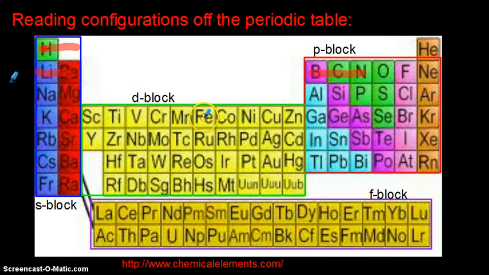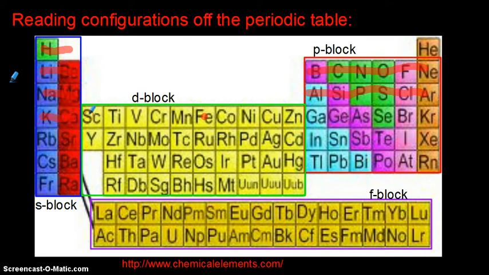Let's go to iron. So rather than having to put in those 26 electrons, I'm just going to clear off what I've already done. Okay, so going to iron now. Again, I start at hydrogen. 1s2, 2s2, 2p6, 3s2, 3p6,